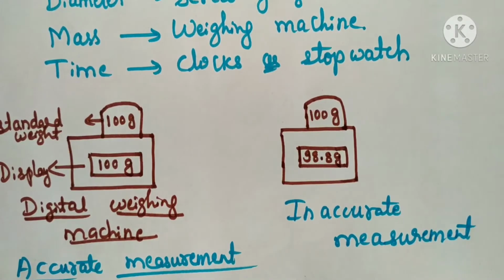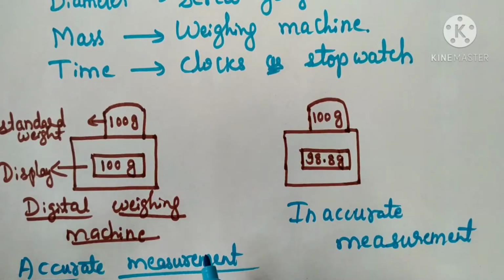So I try to understand this one. So digital weighing machine, it has to show, okay, whatever the standard weight is there, na,